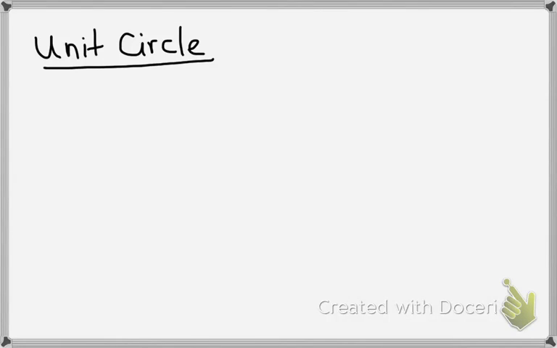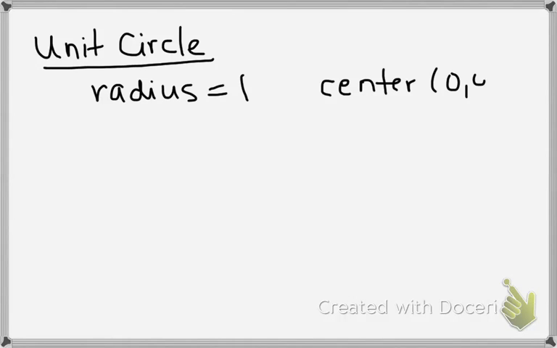Another thing we need to look at when looking at our trig values of any angle is what is called the unit circle. And in the unit circle, the radius, or that r value, is always going to equal 1. And then the center of the circle is always going to be at 0, 0. But that just kind of simplifies things a little bit because we don't have a value for that r. The r is always going to be 1,